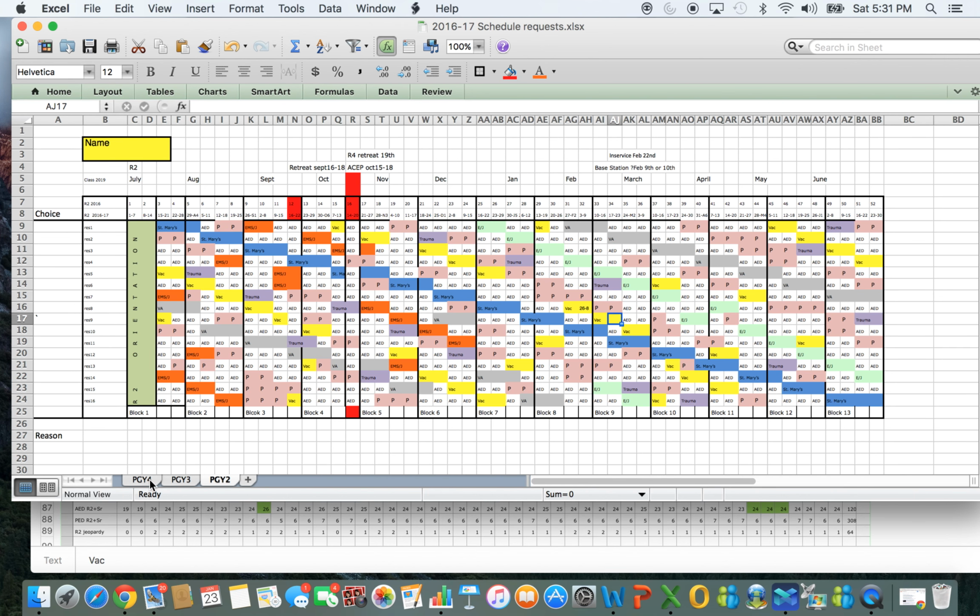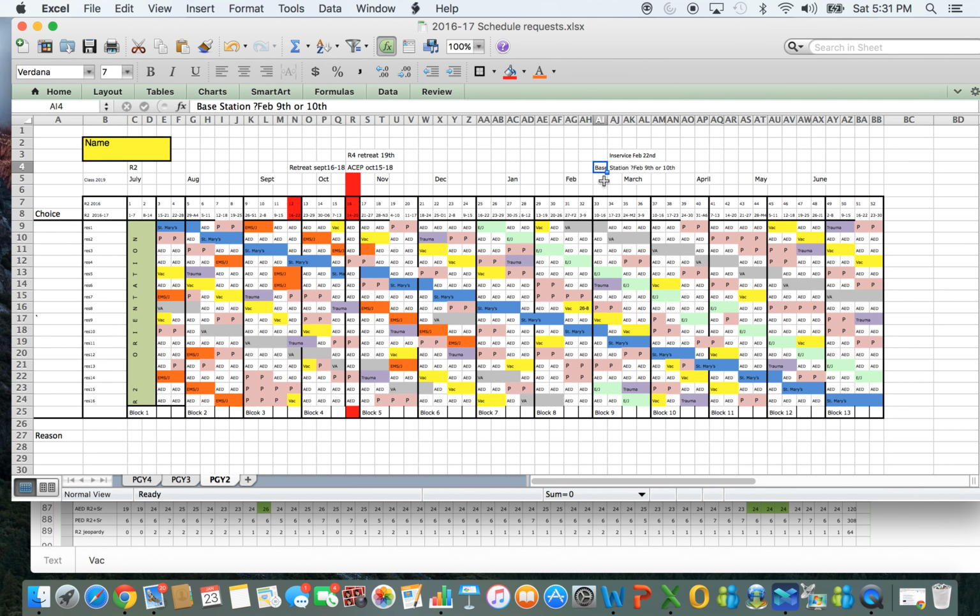So for the 3s and 4s who've done this before, just go through the usual process and send it back to me. And for the 2s, just a couple additional details. R2 orientation is the first 2 weeks of July, so there's no vacation during that time. That's a required period of time for you all to be here. Please be aware that you will actually have that long weekend off. 4th of July is a Monday, so that'll be a 3-day weekend. If you have any important family events over that time, you will be able to attend those without any problems.